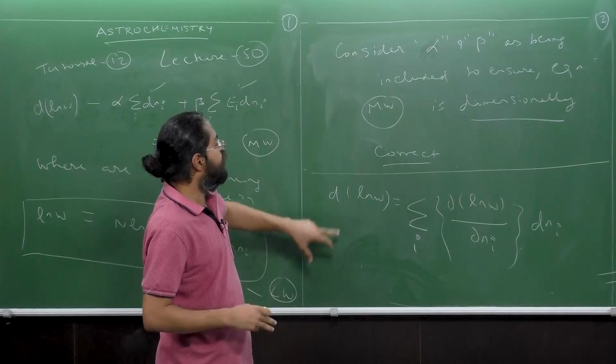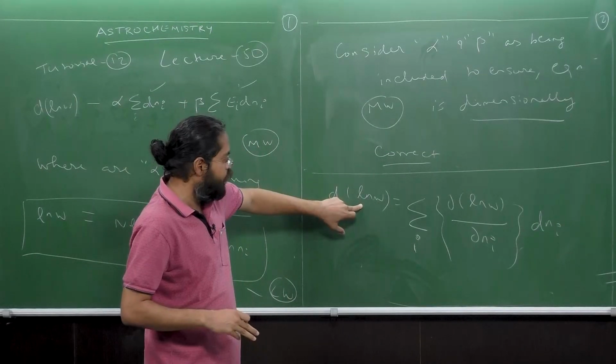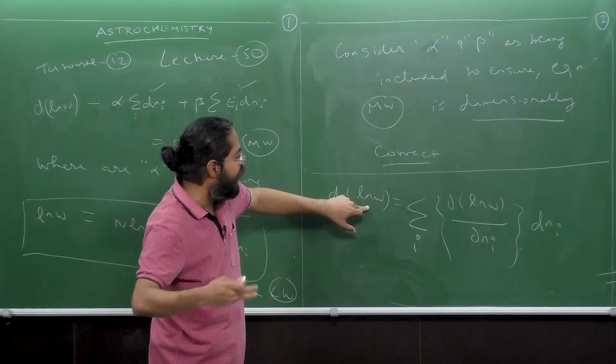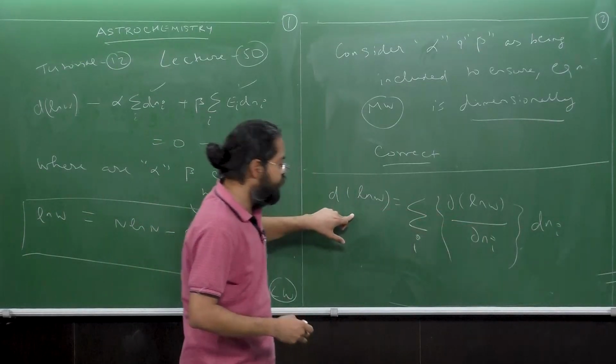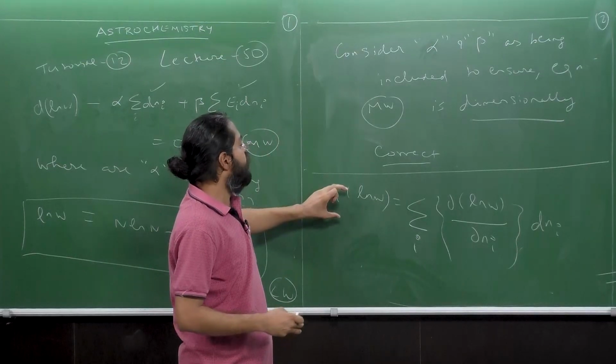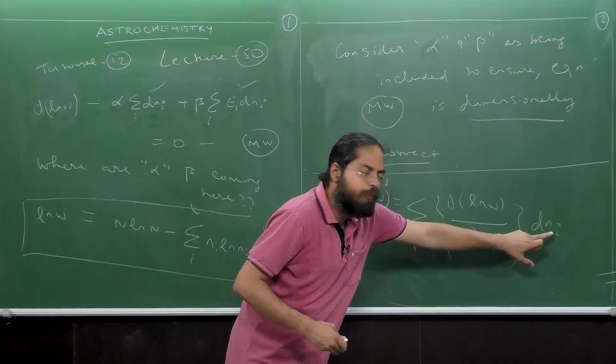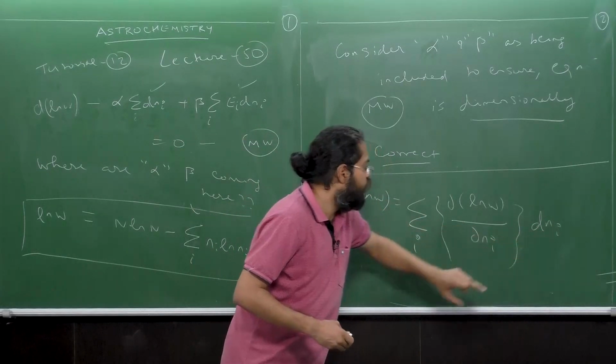Now the net change in d ln W, what this tells you is that you bring this dNi over here. So the net change of ln W with respect to your Ni's is going to be given by